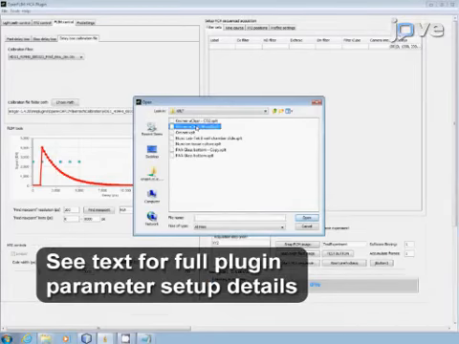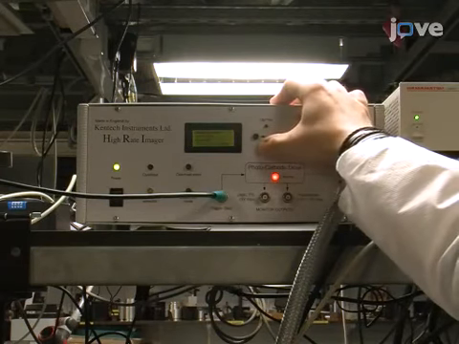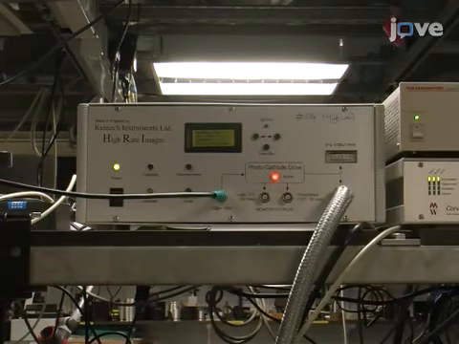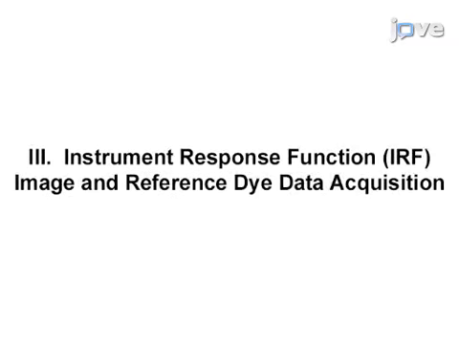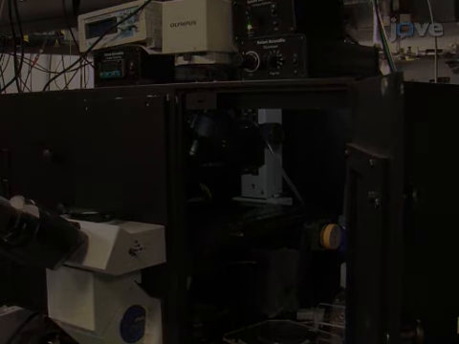After confirming that all the appropriate parameters have been set, manually set a gate width of 4 nanoseconds at the gated optical intensifier control box for the whole experiment. To acquire instrument response function image data, manually place a